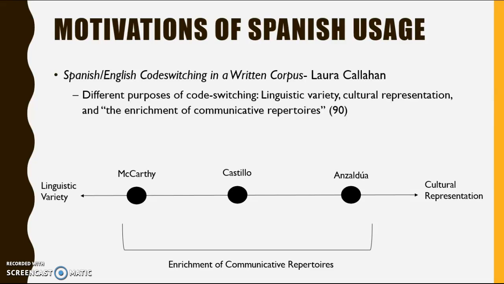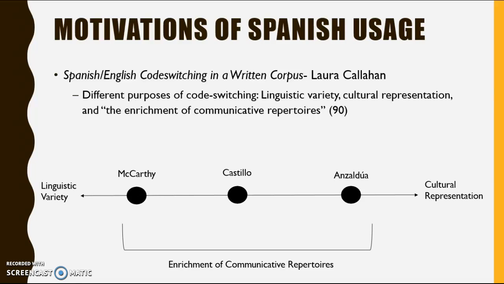And going back to my bestie Laura Callahan, whose Spanish-English code switching and written corpus was very helpful. She talked a little bit about McCarthy, but talked more about code switching in general, which is just a phrase used to describe the frequent alternating between two different languages. It's usually used in reference to Spanglish, which is why I'm hesitant to use it in reference to McCarthy, but you get the idea. But she identifies three main reasons